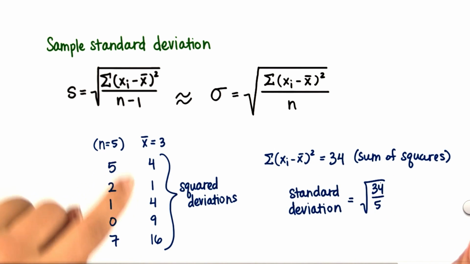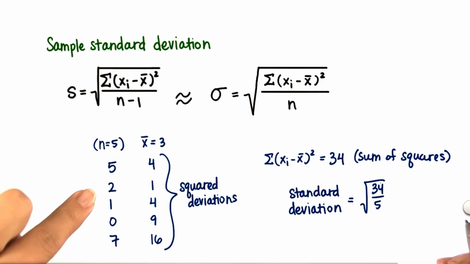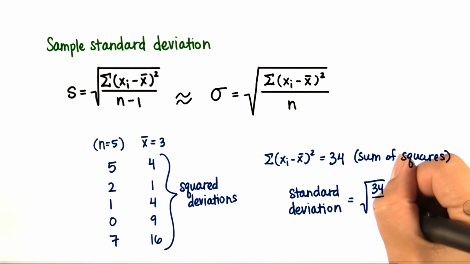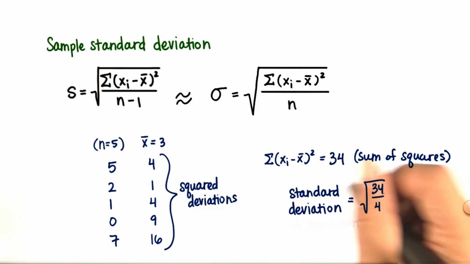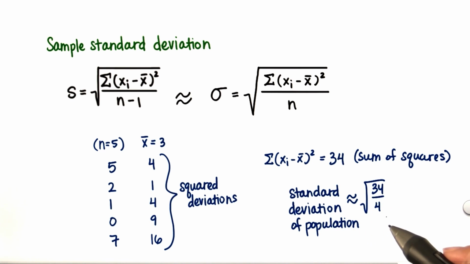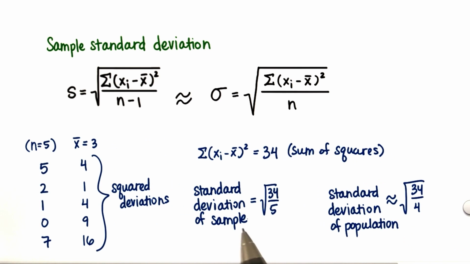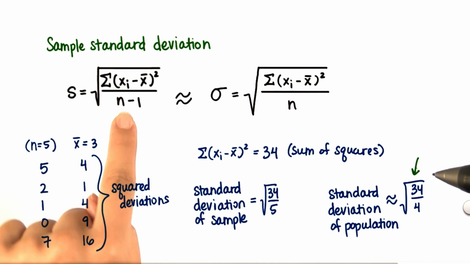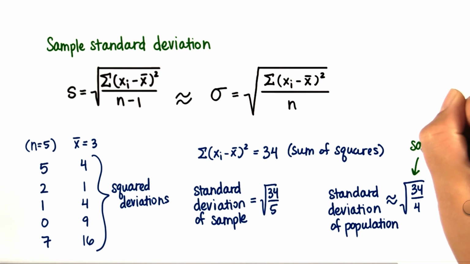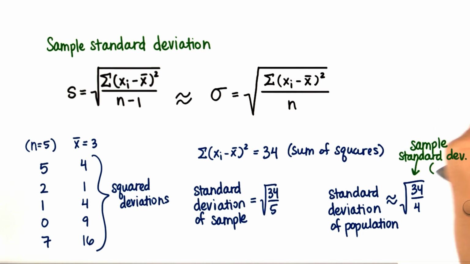But if we're using this to approximate a larger population that this sample came from, then we would divide by n minus 1. So then this would be 4 in the denominator if we're trying to estimate the standard deviation of the population. So don't get confused between these two, but it is kind of confusing because this, when we use this formula with n minus 1 in the denominator, is called the sample standard deviation,